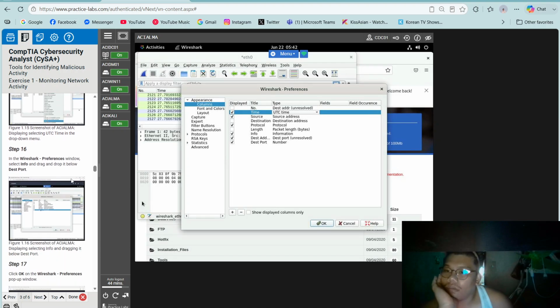Step 16, in the Wireshark Preferences window, select Info, and drag and drop it below Dest port.